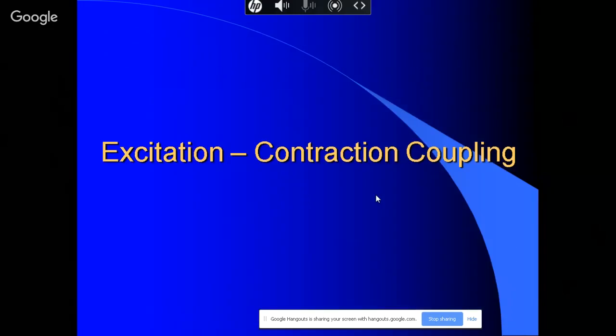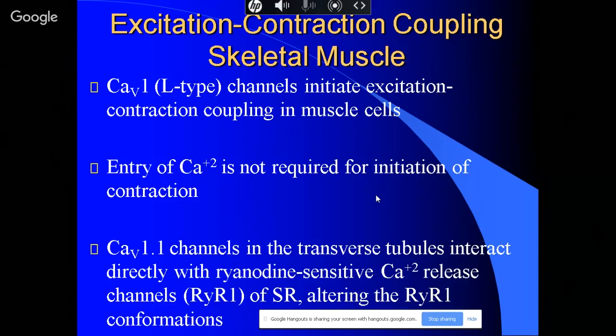Okay? Now, go on to excitation, contraction, coupling. So we're getting these floods of calcium, and the question is, what are we doing with the floods of calcium? And from our point of view, how are we doing it? Okay? So the Cav1 channel initiates excitation, contraction, coupling. We said that. It's outside the central nervous system, and it's not the T-type. Then it's going to be muscle, heart, those sorts of things, chromaffin tissue, that sort of thing. We'll all use this. The interesting thing here in skeletal muscle is that you don't actually have calcium enter the cell